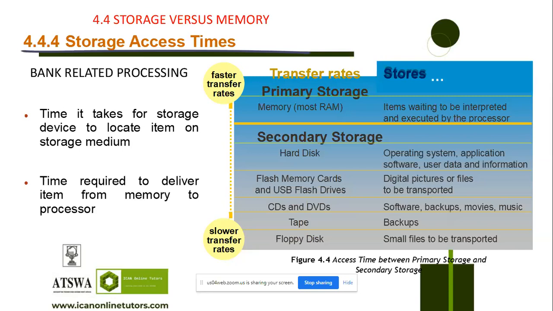So we have primary storage, secondary storage. Primary storage is memory, mostly RAM. So what happens? The item will be interpreted and